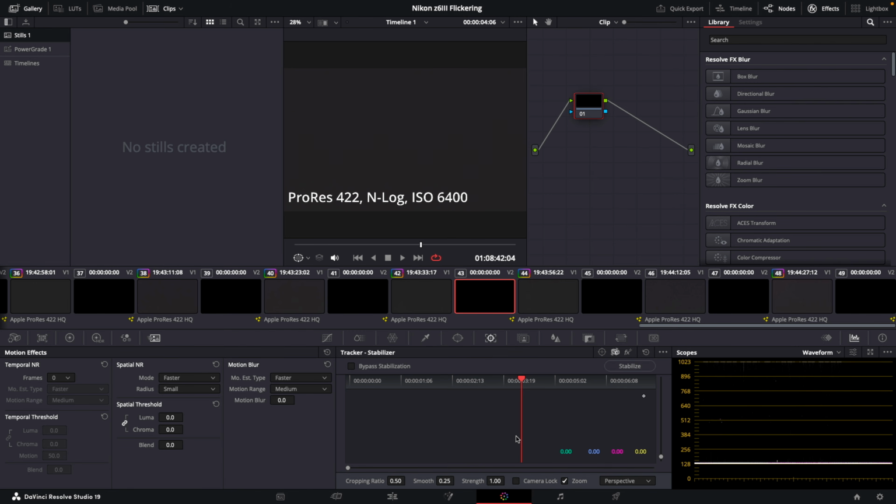I have plenty of footage on my channel that is low light from Nikon, shot at 6400. I don't think I applied noise reduction to most of it. I might have applied some, but definitely a lot of it has no noise reduction at all. And it shows how good a camera it is in low light if you can do it in RAW with no noise reduction. So again, I hope this video was useful for you, but let's talk real fast about